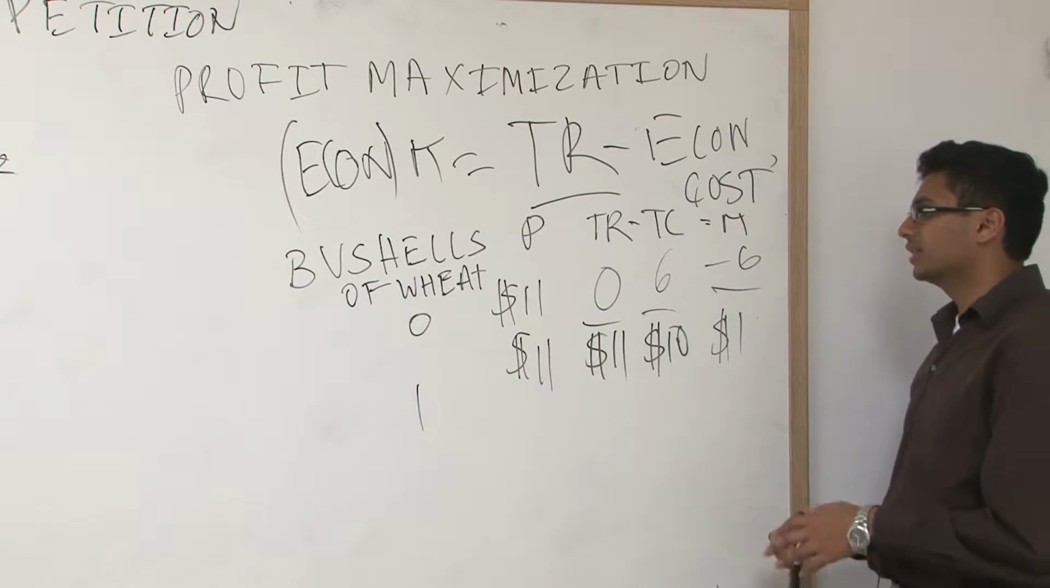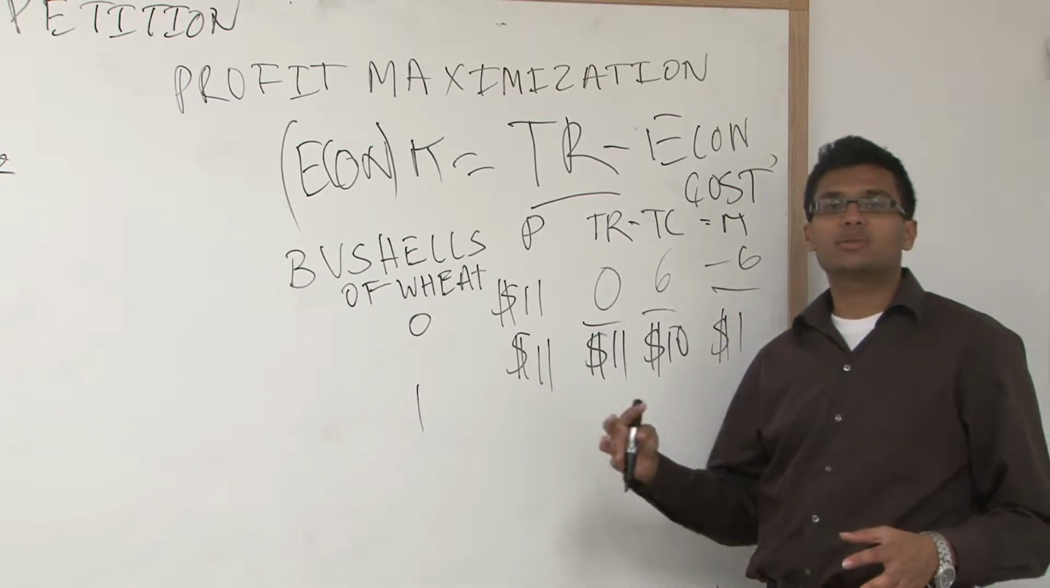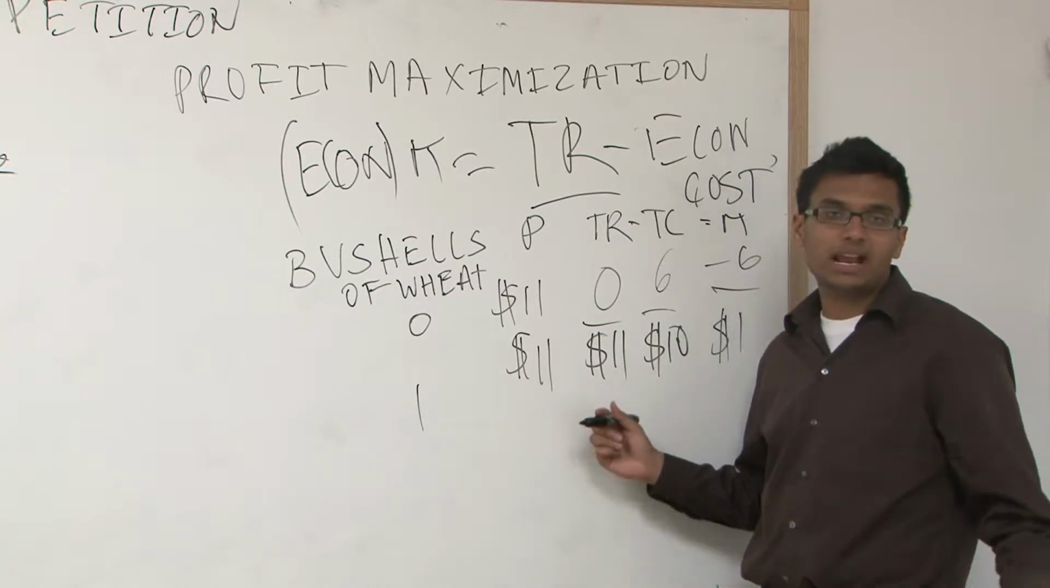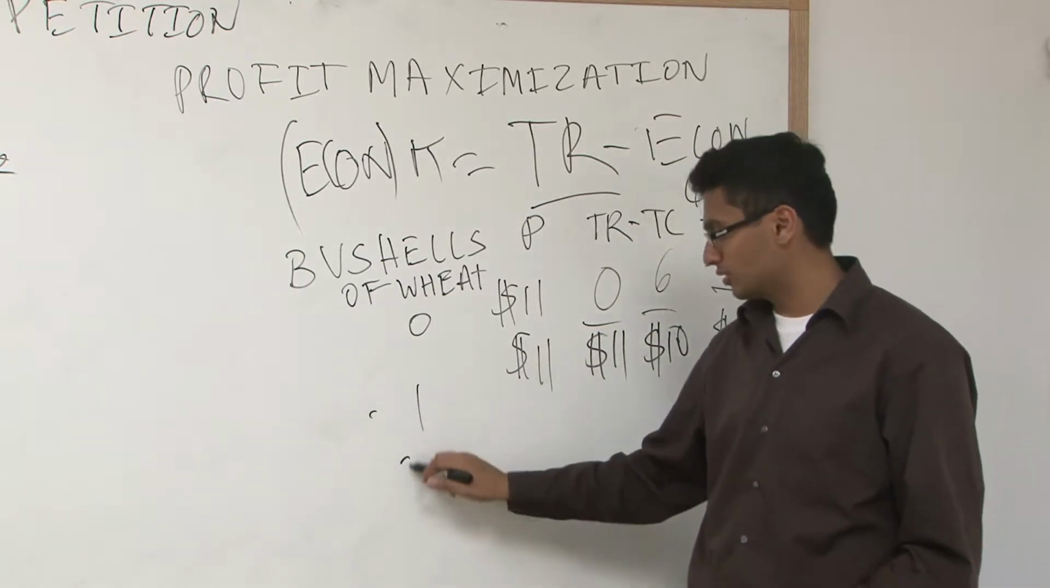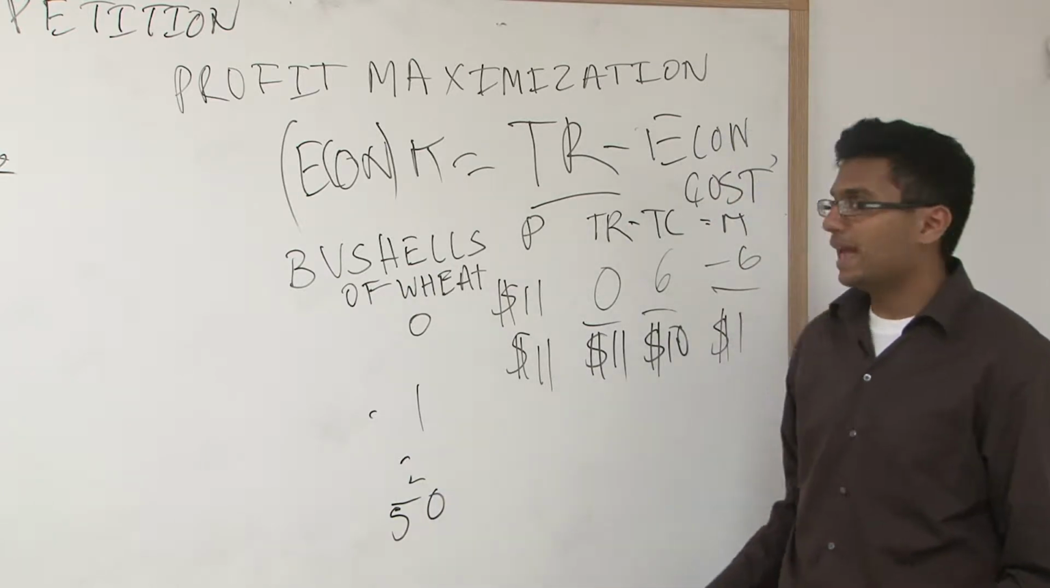We've calculated this. But the point is, how do you decide, if you're in a perfectly competitive market, how many units you produce? Do you produce 1? Do you produce 2? Do you produce 50? Like, what is the number, right? So as a